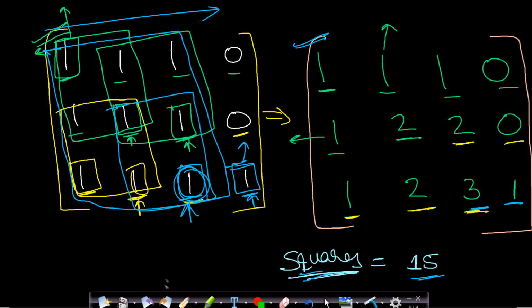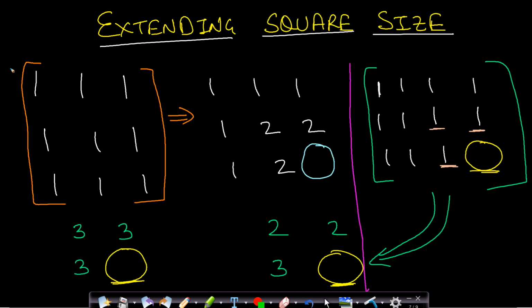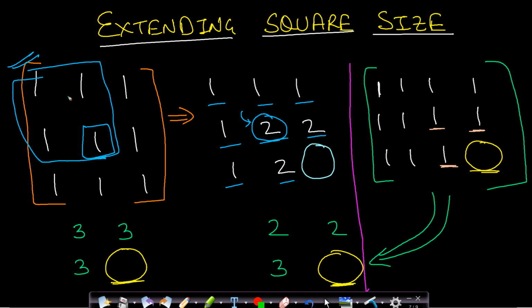So let us now see an intuition for optimized process. Let us assume that we are given a square matrix of size 3 by 3 where we have all ones. So according to the previous explanation, I have filled all these values, and at a given particular value we assume that this is the number of square submatrices with the given cell as the bottom right corner. So if we are writing here 2, this means that this element is the bottom right corner of 2 square submatrices. So you can see that it is the bottom right corner of these 2 square matrices. Now given all these values, how do we fill this last value? Is there any optimized approach of filling this?